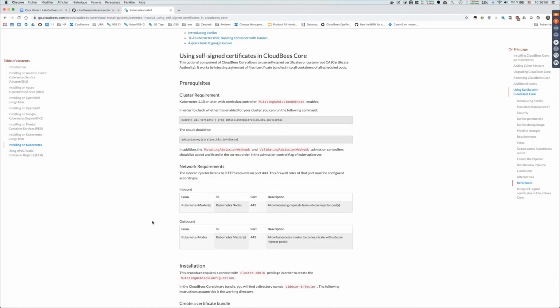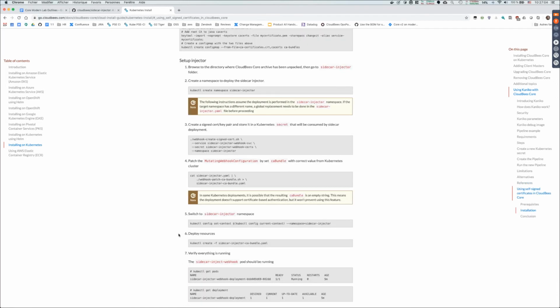Basically, this webhook tells the Kubernetes control plane: whenever a new pod is created, call this service with the current pod definition, and the service will give back a different view of the pod with some modifications.